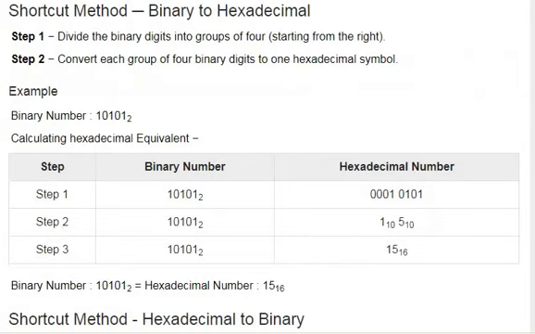So binary to hexadecimal, divide it into groups of 4 because 2 to the power of 4 is 16. Hexadecimal is base 16. So look at the input 10101. We have only 5 digits in that, so you add 3 zeros on the left-hand side. Now divide it into groups of 4 from the right side and convert each into decimal equivalent individually. You get the hexadecimal notation.